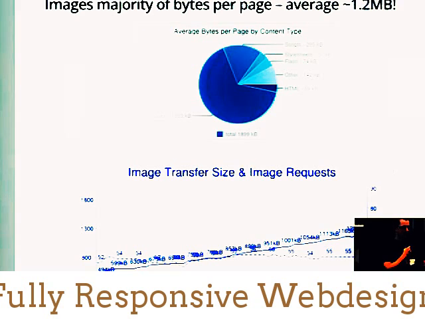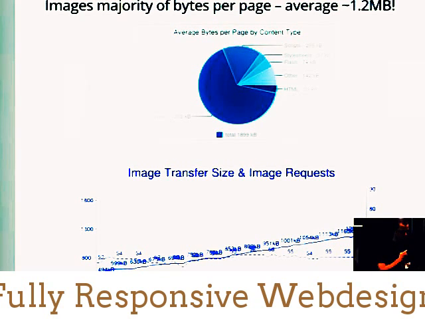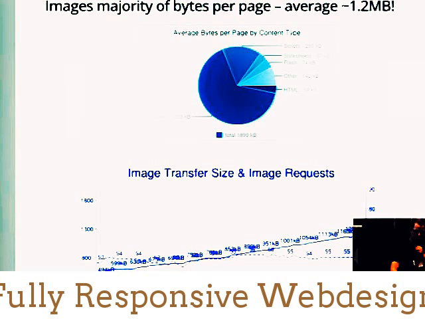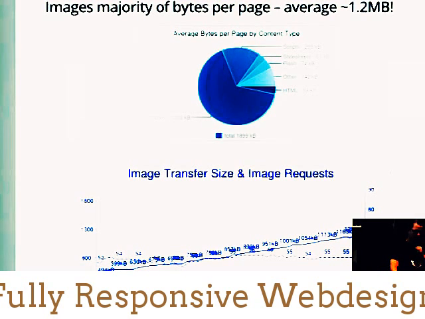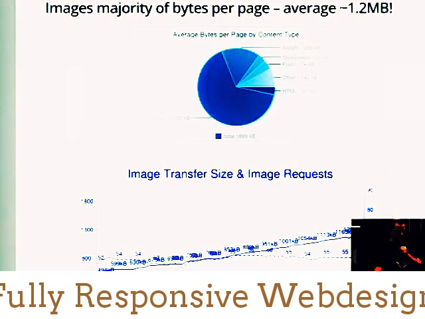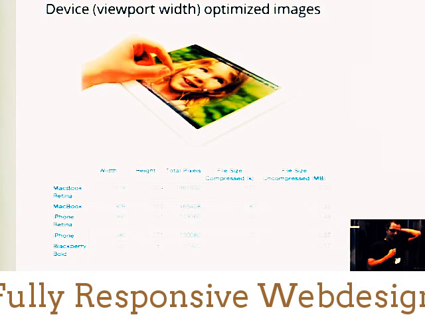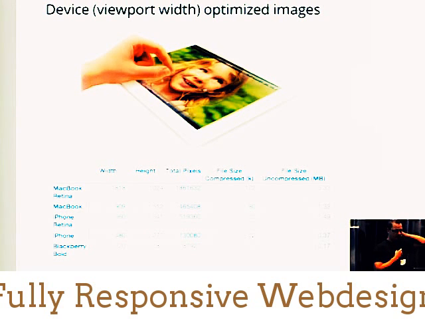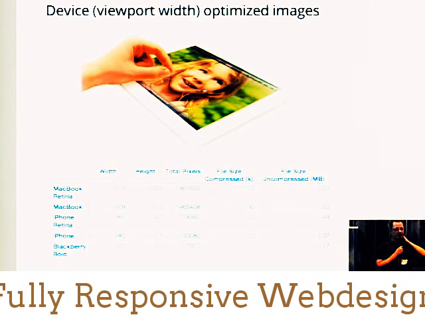Every site on average loads 1.2 megabytes of images, and it grows. You see here it was nearly 500 kilobytes, now it's over 1 megabyte. That's huge, and you can save a lot of kilobytes if you provide the right image size for the right